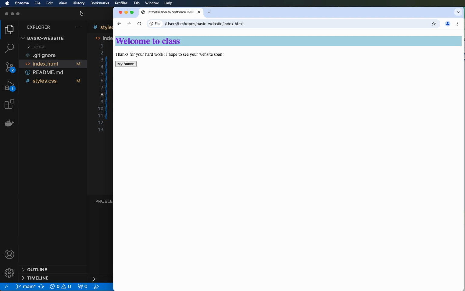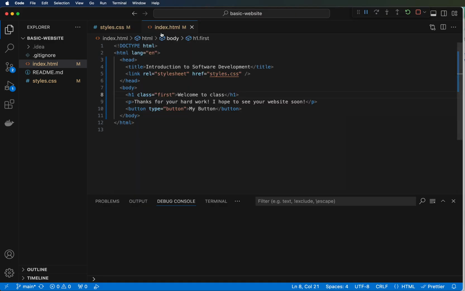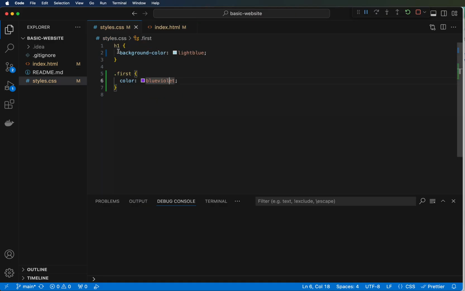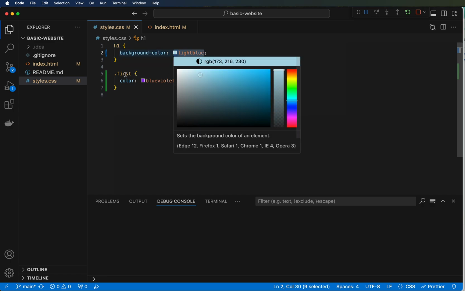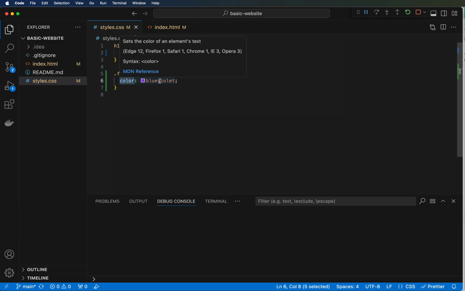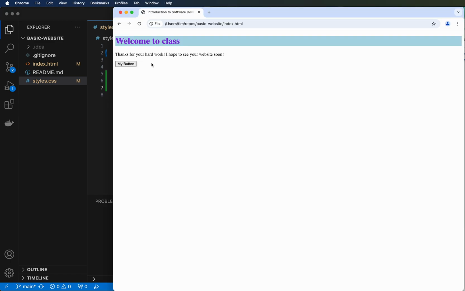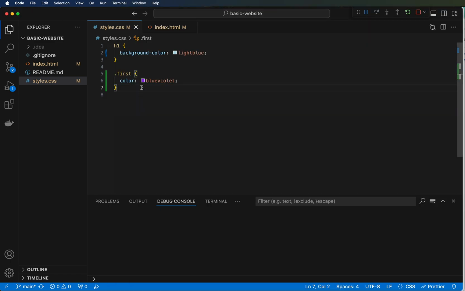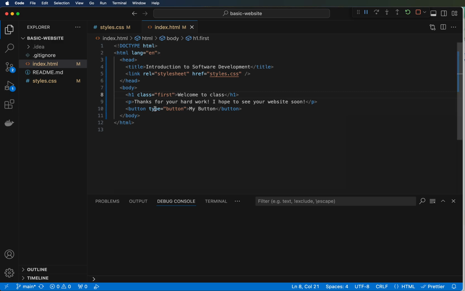So now that's assigned. So now what's going on here is that this style right here is changing the background color to light blue. This style is changing the color, which is the font color, the text color, to purple. So both of these are applied to the same div. So let's do another class. Well, actually, what I'd like you to do is we can copy this, and we could paste this